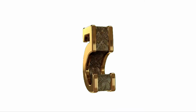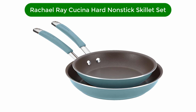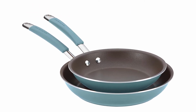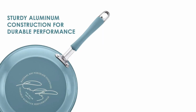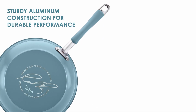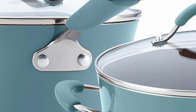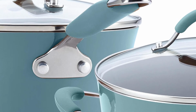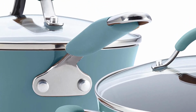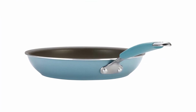Number 5. Our fifth best pick is Rachael Cucina Hard Porcelain Enameled Non-Stick Skillet Set. This skillet set includes both 9.25 and 11-inch skillets, so you'll always have the right pan for the job, whether you're cooking an egg or two for your own breakfast or frying a pound of bacon for the family. The modern, yet rustic design will look at home in any kitchen. The non-stick interior is a warm espresso color, while the choice of exterior colors ensures you'll find the one that